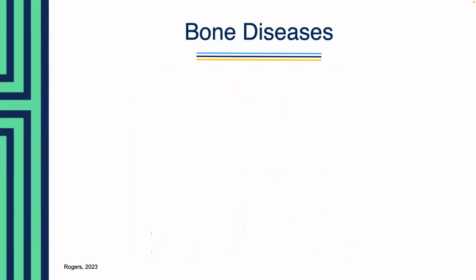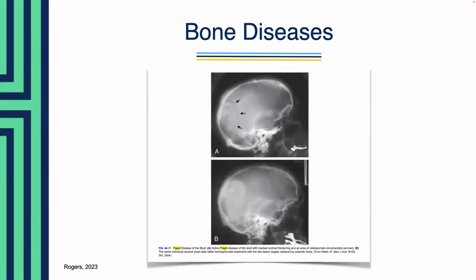Now, the next disease process we're going to look at is Paget disease. And Paget disease is the second most common bone disease after osteoporosis, according to the textbook. Now, it's marked by increased metabolic activity in the bone characterized by abnormal and excessive bone reabsorption and formation, or that remodeling. So, primarily, it affects the cortical bone structure, that outer layer of the bone, and that leads to disorganized bone remodeling or thickening of the cortices and increased risk for deformities and fractures.